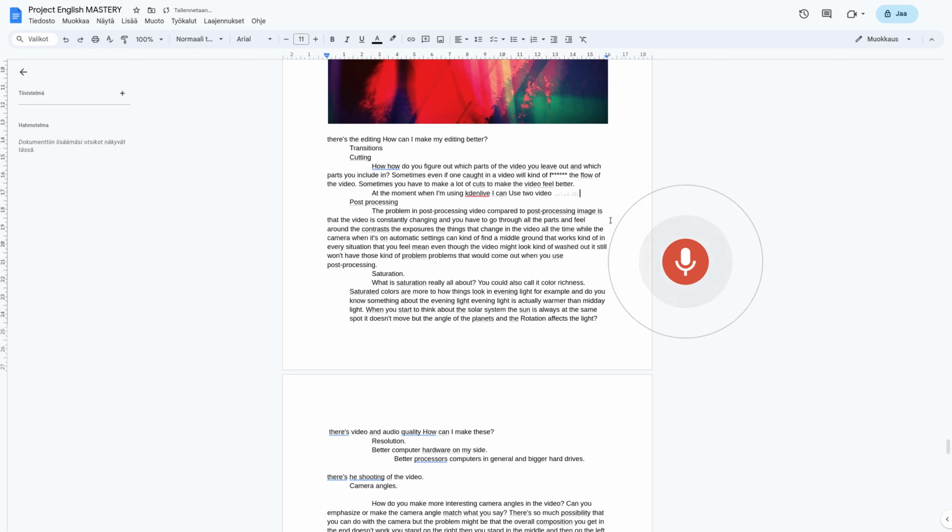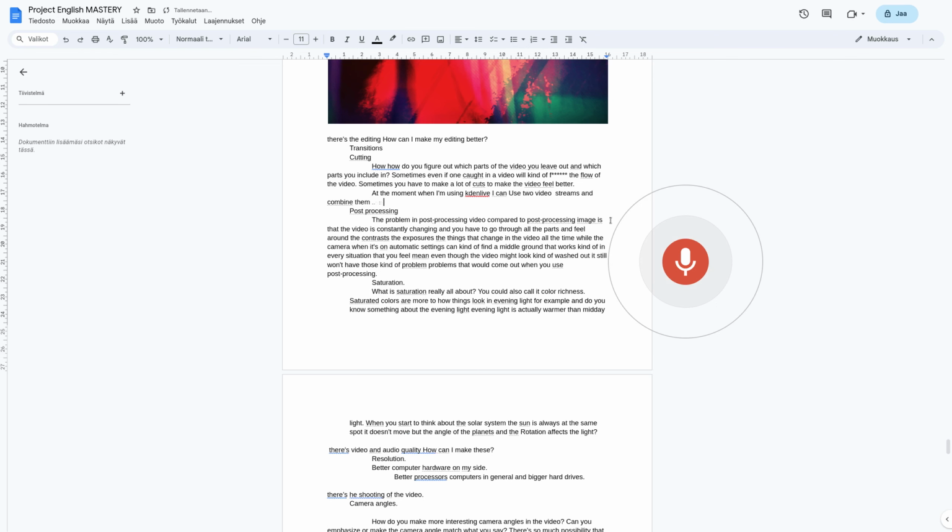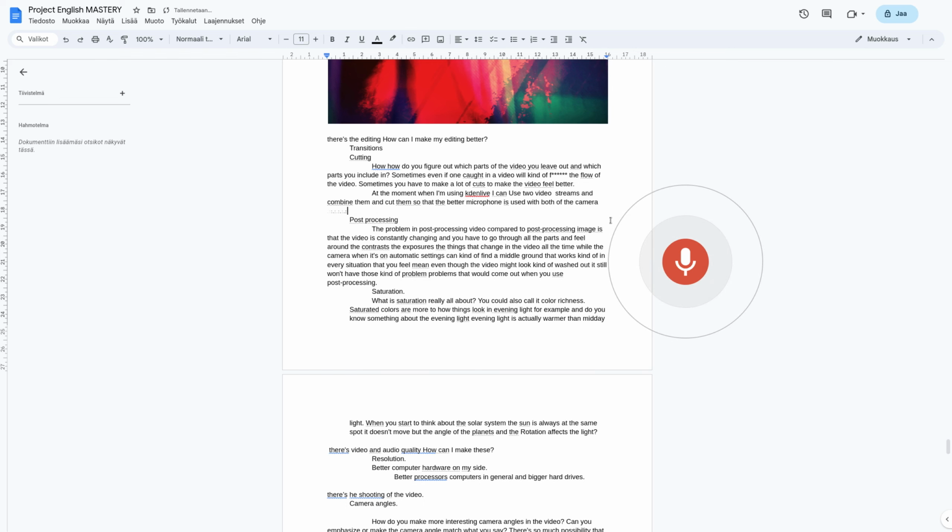streams and combine them and cut them so that the better microphone is used with both of the camera angles. You understand? But what if I had three cameras shooting all at once? Could I invent some way to use this program